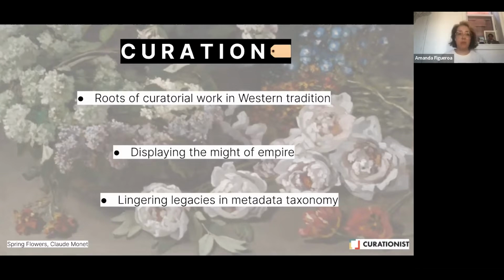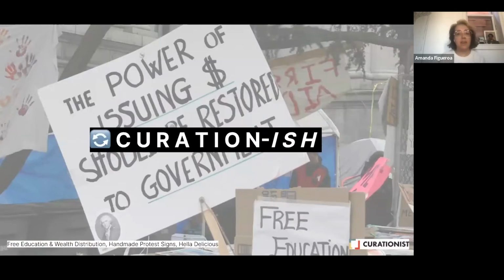We're very aware that the roots of curatorial work are all in this Western tradition of knowledge, that the history of museums in particular was all about displaying the might of empire through the exhibit of art and artifacts taken from around the world, and that we still have those lingering legacies in our metadata taxonomy. So when we start to really rethink that, it brings us to what I call curation-ish,